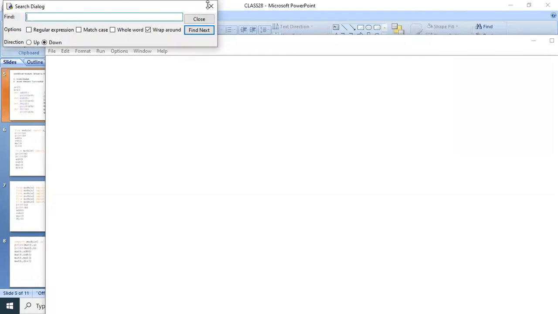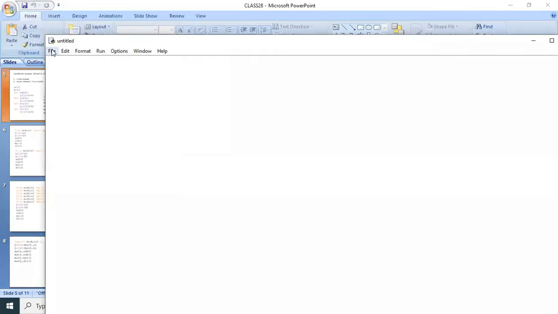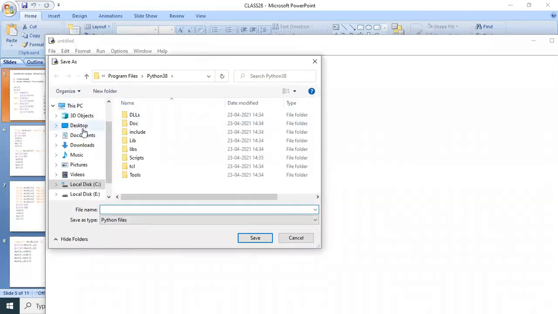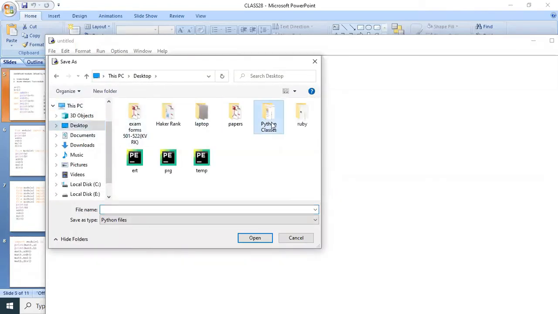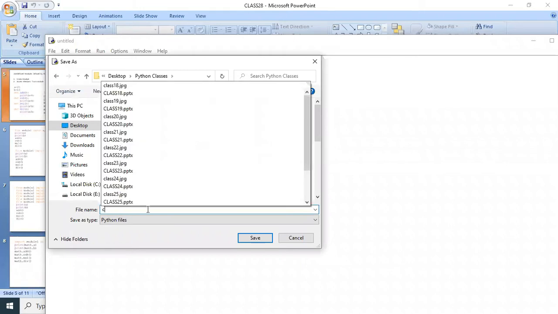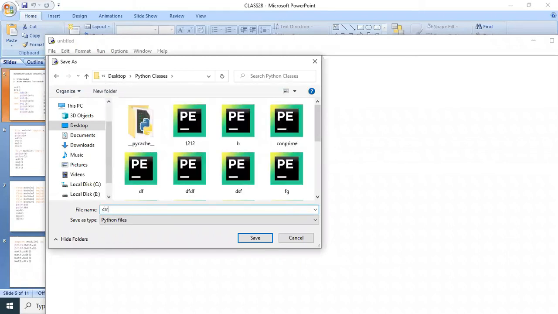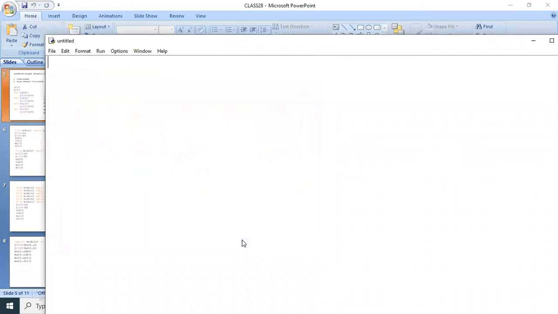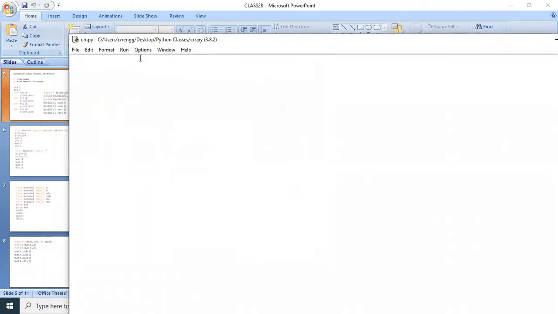For example, I want to save this module in the desktop Python classes folder. The module name is CRR. If you observe, the module name is CRR.py.